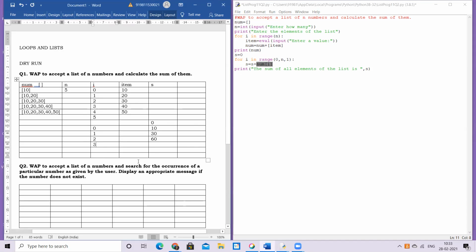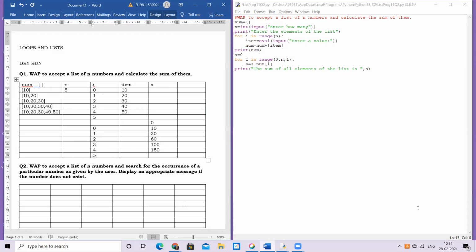Yes, it's less than 5. True. And num of 3 is 40. So current value of S plus 40 is going to be 100. That becomes the new value of S. Next value quickly, 4, 50. Num of I, num of 4 is 50. So 100 plus 50 is 150, the new value of S. New value, I'm again saying because these previous values are cut, replaced. No? You're just overwriting the value basically, whatever is there.